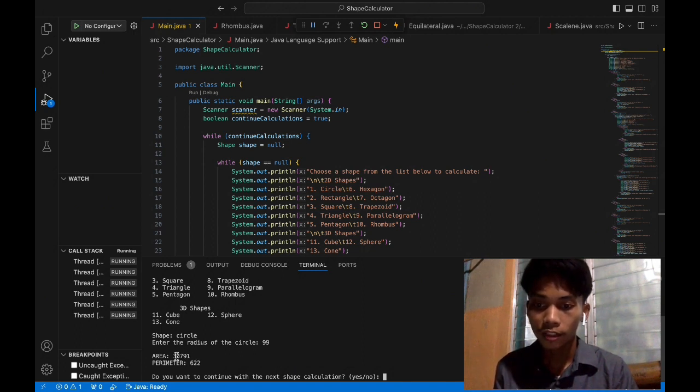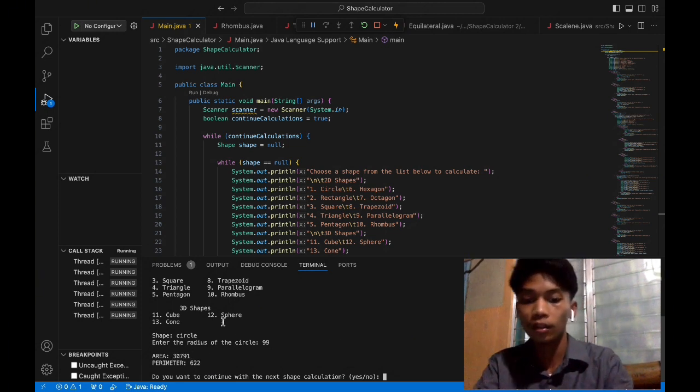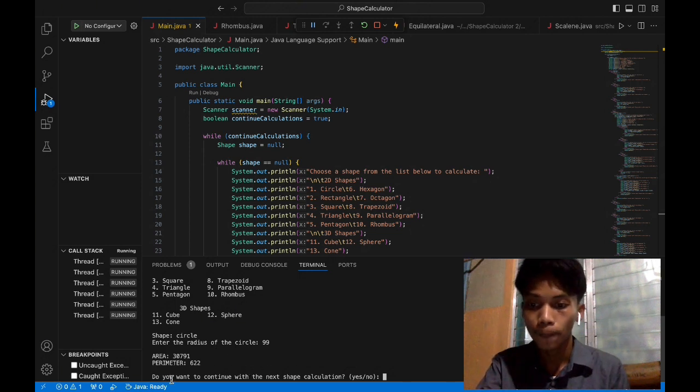And also, you can see here the prompt: do you want to continue with the next shape calculation? If we enter yes, it will show this and we choose again from the shapes listed below.